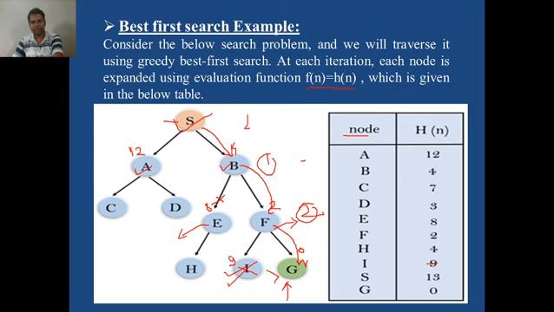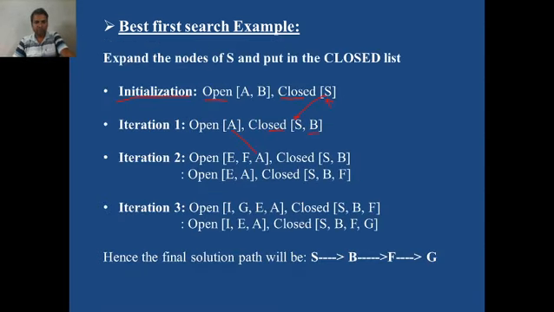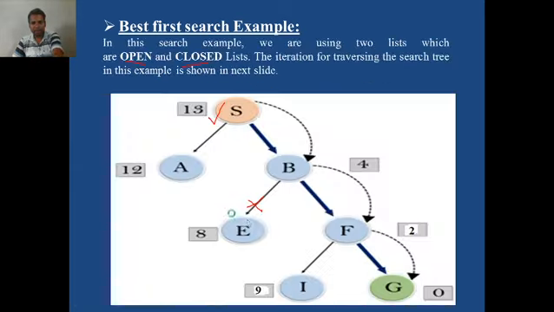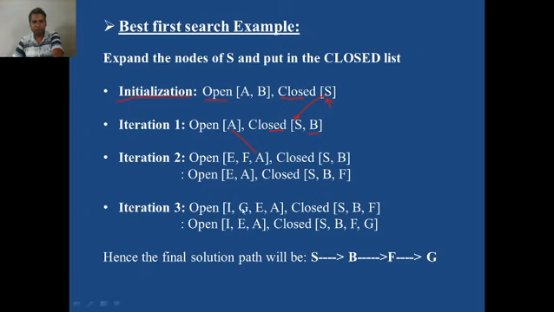That is what you will find in the third iteration. At the start of iteration 3, E and A will be as they are here, and from where did we obtain I and G? Because we decided to explore node F, the successors of node F were I and G, and we have to consider them in the open list at the start. Out of those I and G, G has less cost associated with it. That's why it is now moved to the closed list and I is kept as it is.